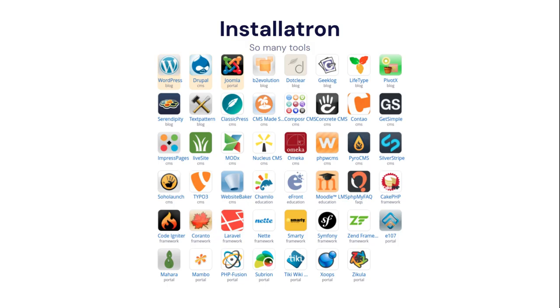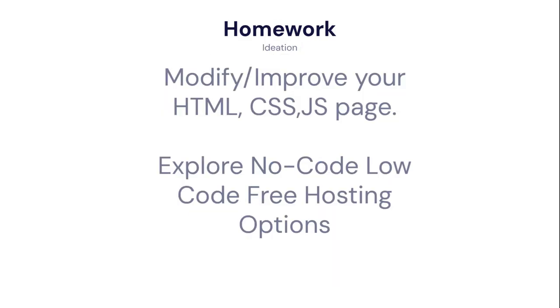But we're going to look at low-code, no-code stuff for now. We're going to look at Installatron on cPanel, and all the different resources that we can use to set up our minimum viable product. So our homework really is to modify and improve